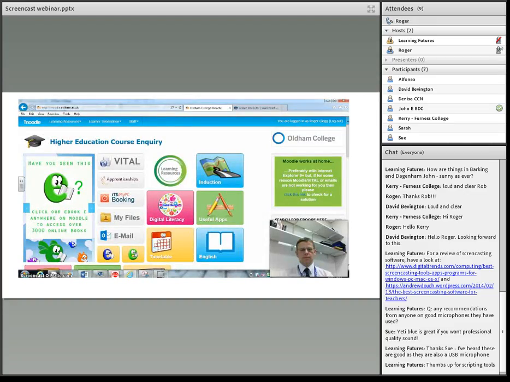Okay, so what would one look like? Obviously this is a static. I've taken a screenshot of Screencast-O-Matic. So this is something that we do quite regularly in terms of working with our learners. This is what I call an e-demo. So instead of giving students a handout or taking them into a classroom and talking to them for half an hour about how they may access our Moodle resources, whether that's from home, within the college, how they book a PC, etc., we now produce e-demos.